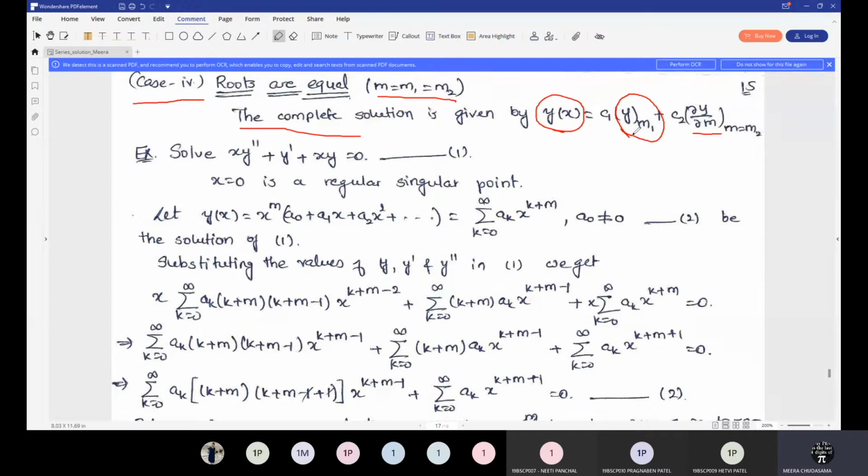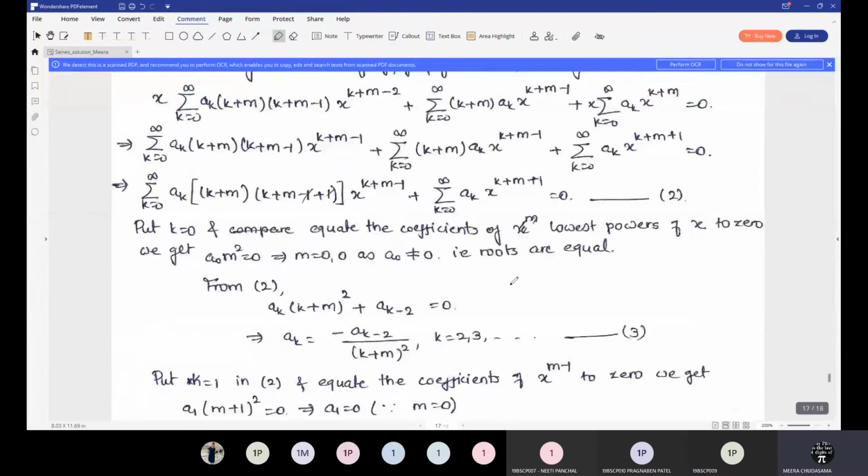So to get the linearly independent solution, we have to partially differentiate y with respect to m, and then substitute m equal to either m1 or m2, both are the same, so it will not make a difference. Its linear combination will give you the general solution. And yesterday we considered this example, the series solution with the condition a0 is not equal to 0, and then we got this initial equation having two equal roots. Those two roots are 0 and 0.